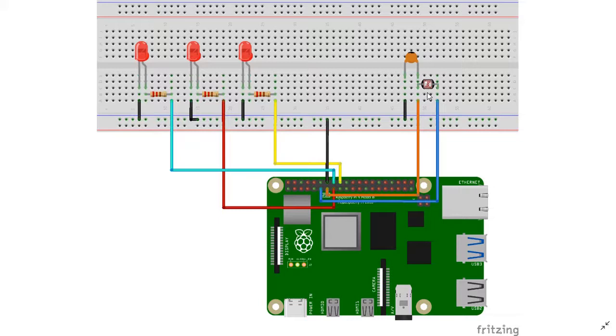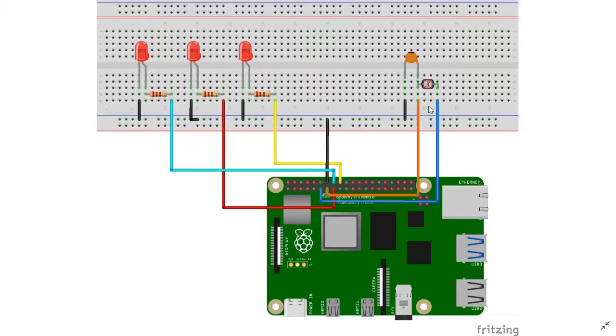The threshold we are setting is 500 ohms. Once it crosses above 500 ohms, the light intensity is quite low and the LEDs would be on. If the value of the resistor falls below 500, that means the luminous intensity is quite high outside and therefore the lights must be off. So we observe here that the luminous intensity is inversely proportional to the resistance values.